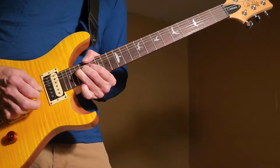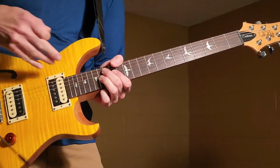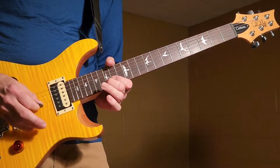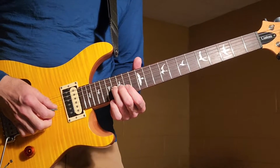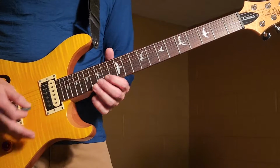So you can dive bomb it a little bit, do all that. And then we're going to do this tremolo picking, which is, so we're just running right up this B minor scale. You can either start on the 16th of the G or the 12th of the B, and then